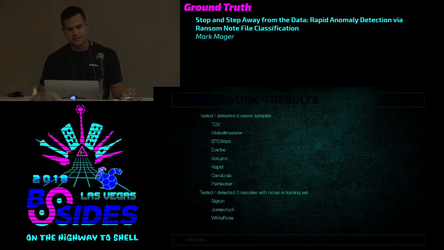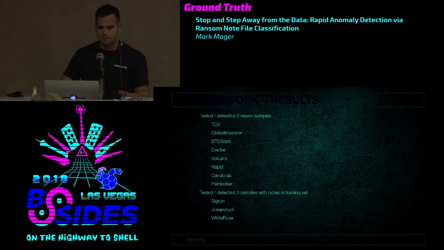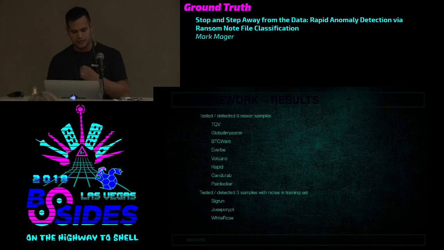What makes those a little more unique is that those ransom notes weren't previously seen. They weren't included in our training set at all. That's essentially new data that comprises a bit of a holdout set for us. There are also 3 samples that I specifically tested that have ransom notes that are in our training set that we were able to test and detect as well.